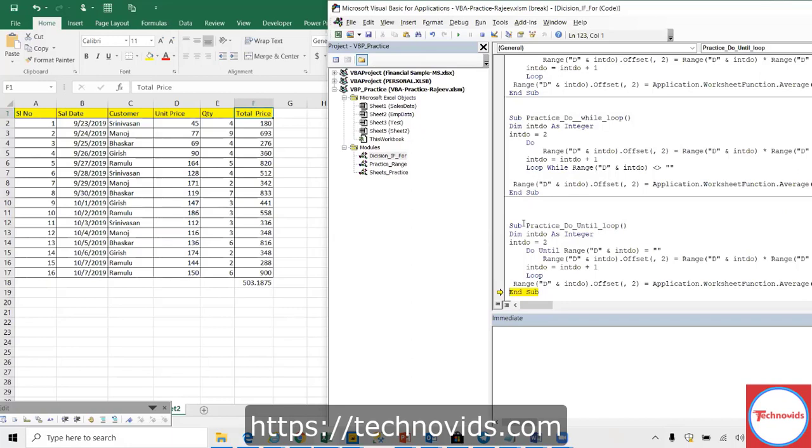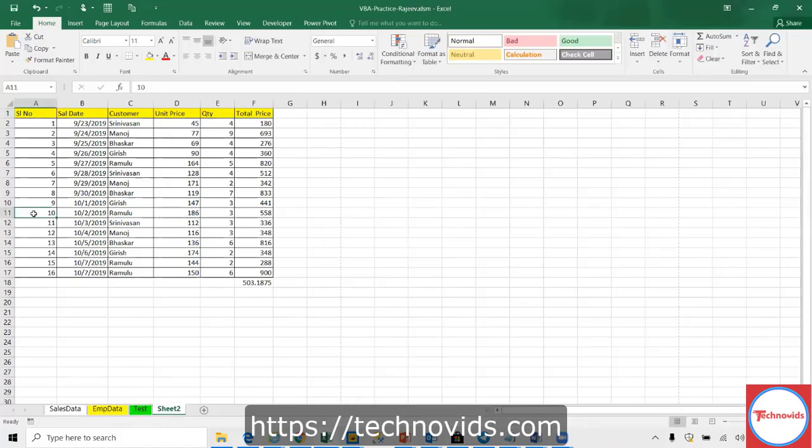Now there are cases when you may want to exit in between. You don't want to loop through everything. So let us say, for some reason, I want to calculate only this part, till serial number 10.